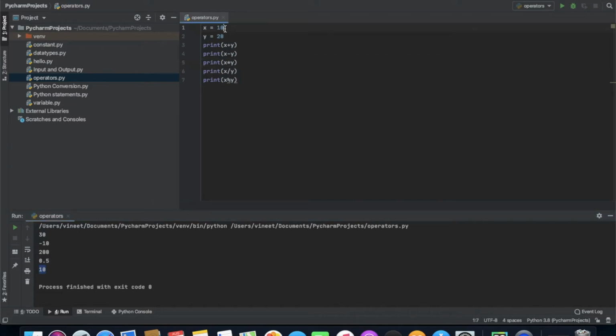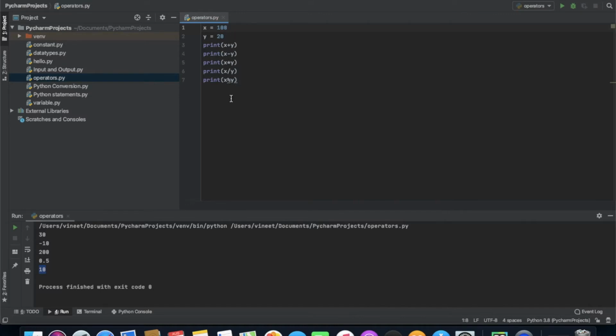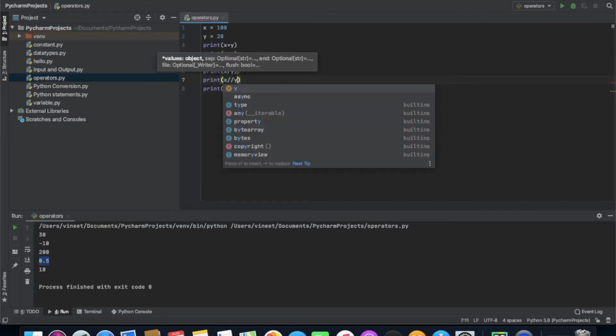So here first of all we will be discussing two things: one is division and one is floor division. We have seen division. It simply gives us a result in this format. Now if we don't want the result in decimal or float format, then we can use floor division.